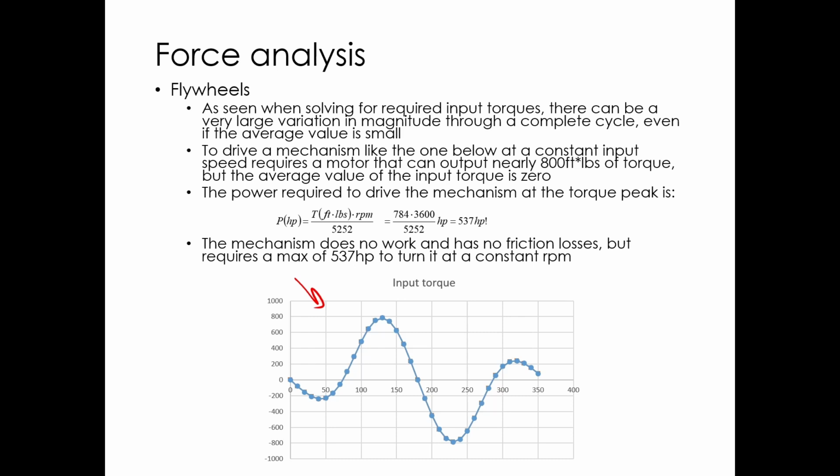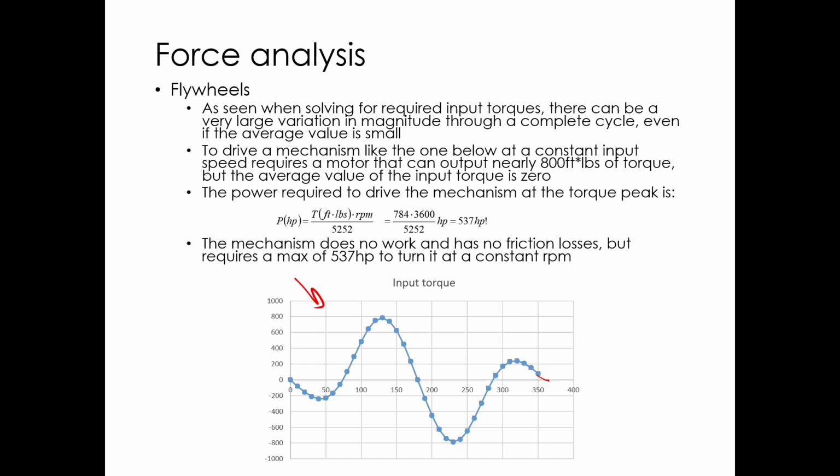So the engine's not doing any work. It's not really doing anything. The piston's just going up and down. The crank is spinning. The connecting rod's doing its complex plane motion. And this is the torque required to drive it at a constant RPM. And I forgot to plot it at 360, so it closes over here at 360 and does a nice loop